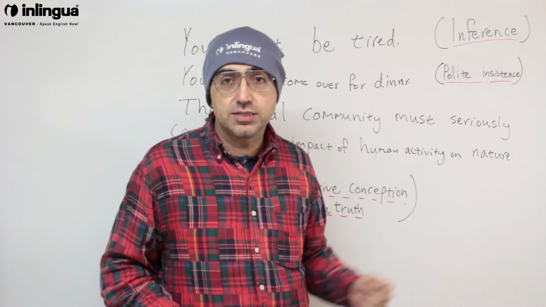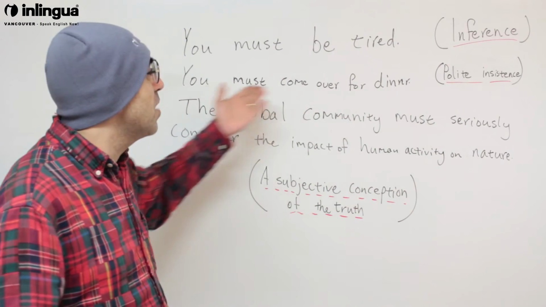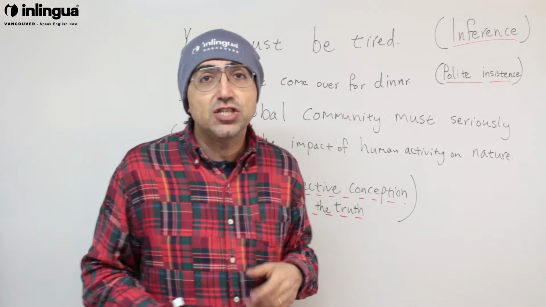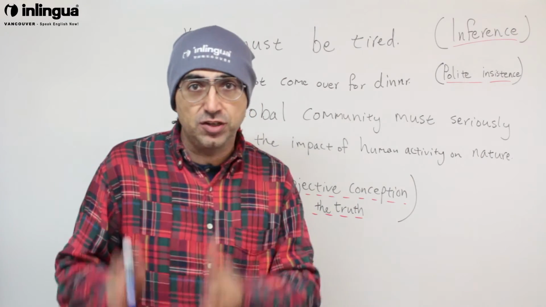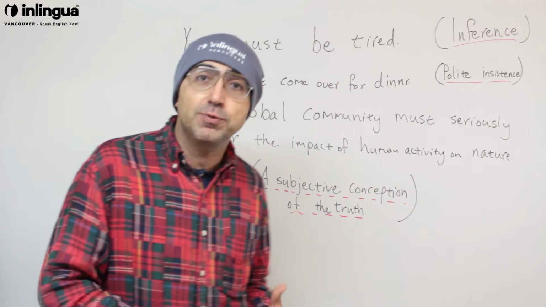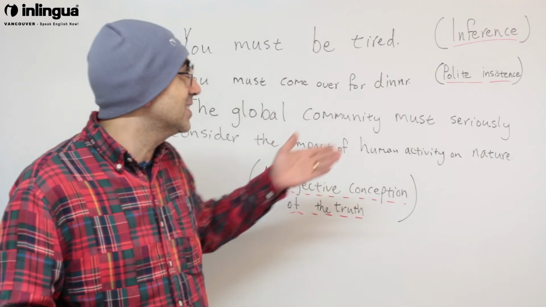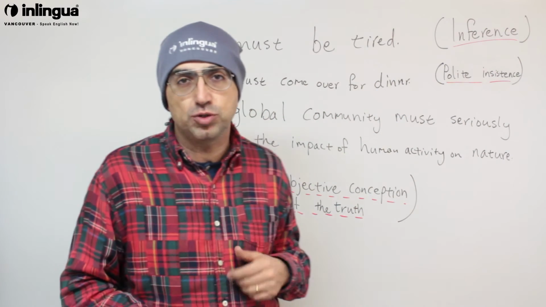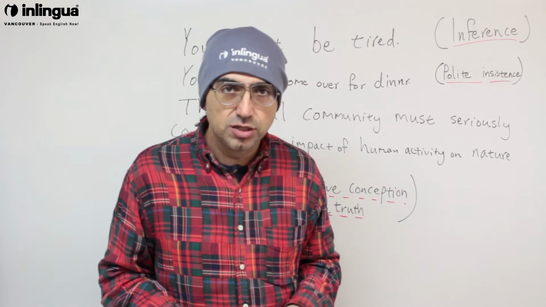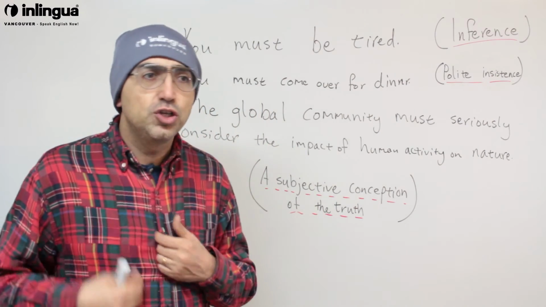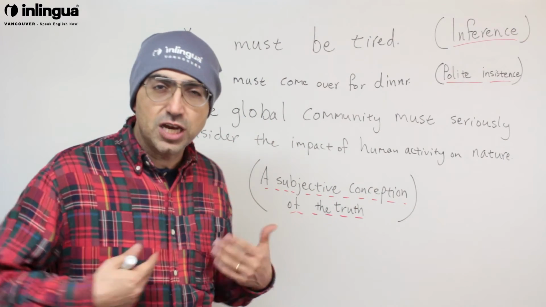Another common way to use the word must is for polite insistence, right? For example, you must come over for dinner. It's not an absolute truth about the universe that someone must have dinner with you. It's just a nice way to insist that they come and have dinner with you. So polite insistence is actually a much more common way to use the word must than the traditional necessity or obligation. So things like, you must stay a bit more, you must have another drink, and just kind of insisting things politely.